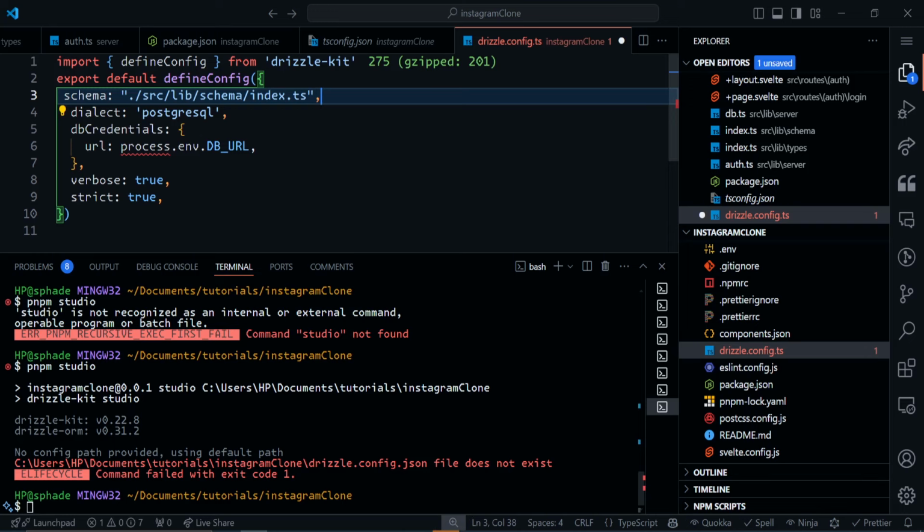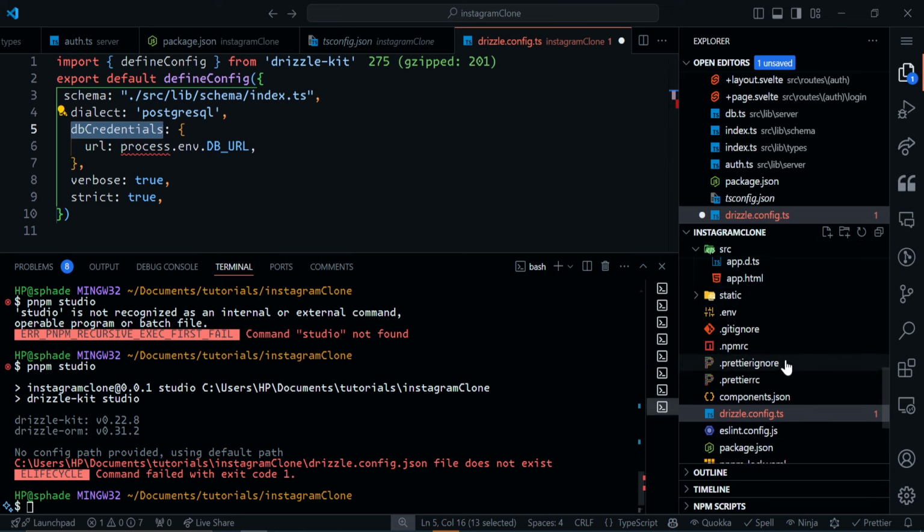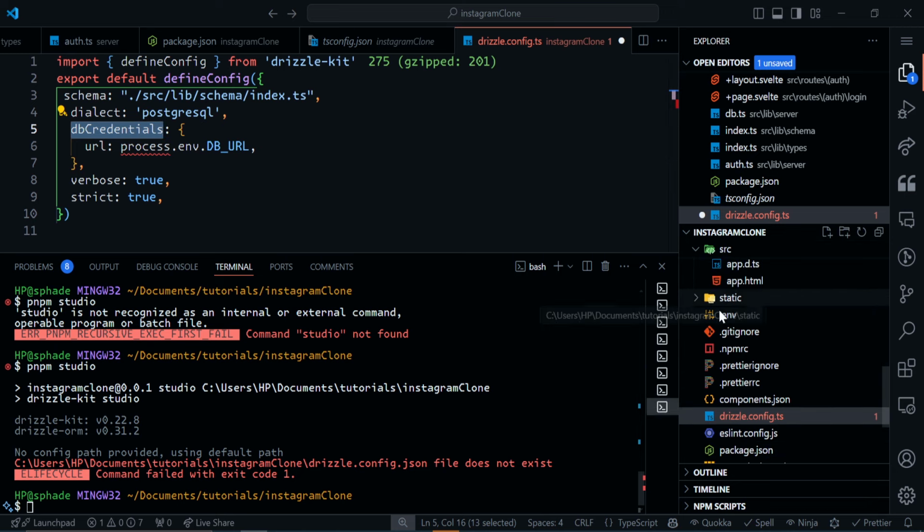And then we begin to have the dialect. The dialect is Postgres, which is correct. And we have the DB credentials. This is where we're putting our database URL. And since we are no more inside our SRC, no more inside the application, we can't really use that